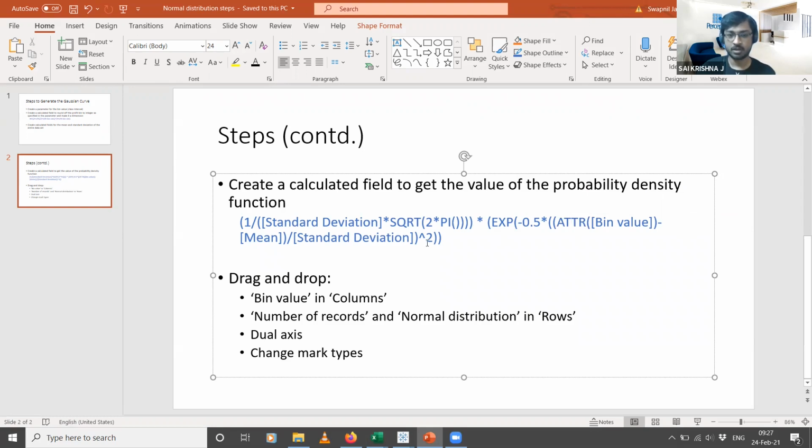Now, for the sake of convenience, I'll just copy paste this formula in the chat, since typing this formula will be a bit tricky. I've just sent the formula in the chat window in our same Zoom call. Look at it.